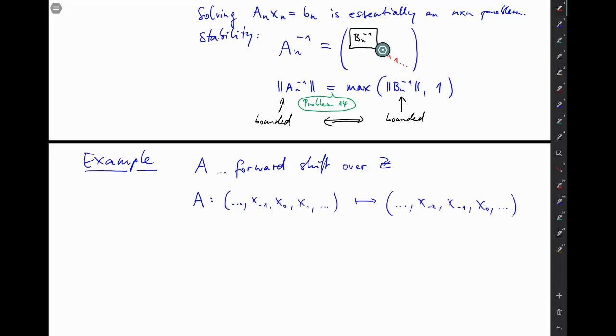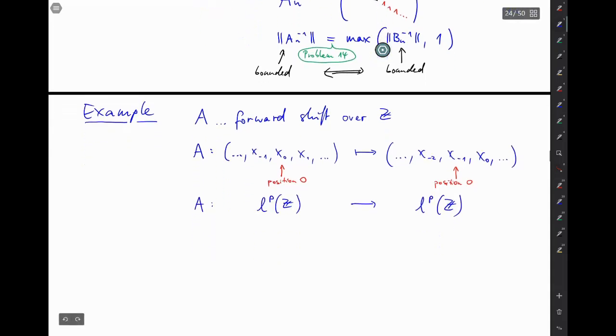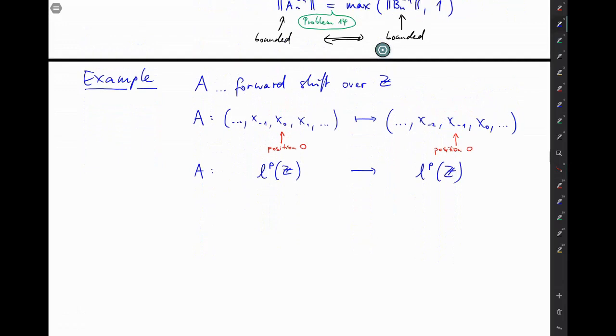So in order to not lose our focus here, let's say that this is position 0, and on the other side, that is position 0, because otherwise it's hard to tell. So the spaces where these sequences are coming from could again be our LP spaces, but now obviously labeled over Z, the integers. Just to clarify this notation, let's say that for some index set I, which we usually assume